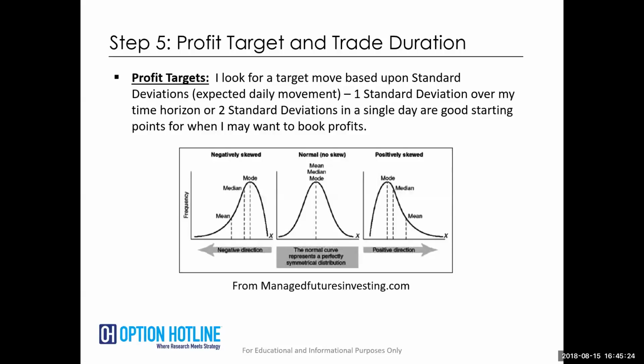But the point I'm getting at is that when I get into one of these trades, if I'm looking for a 1 standard deviation move over my time horizon, that gives me an initial price target. And if I set it with a 1 standard deviation move, I know that 1 in 3 of these trades is going to move more than that. And that's fine with me, because those are the trades where I'm making more money. And so I'm more worried then about managing my profit. But 2 out of 3 are going to make it to a standard deviation